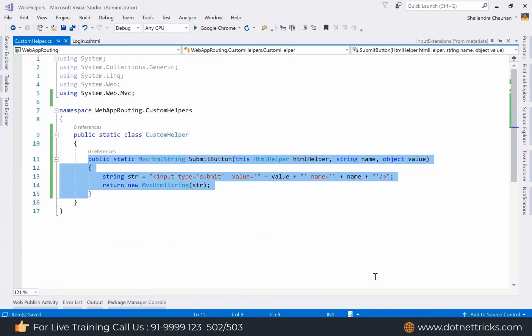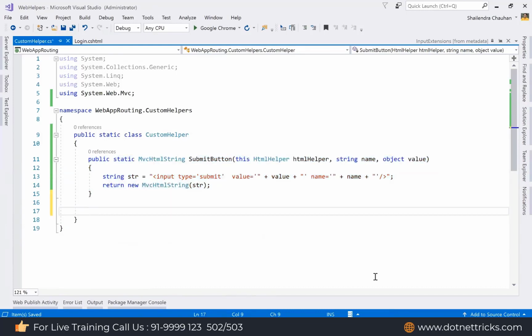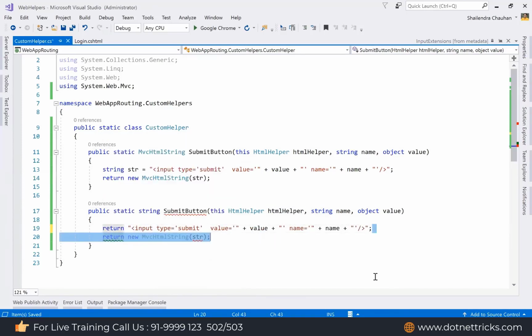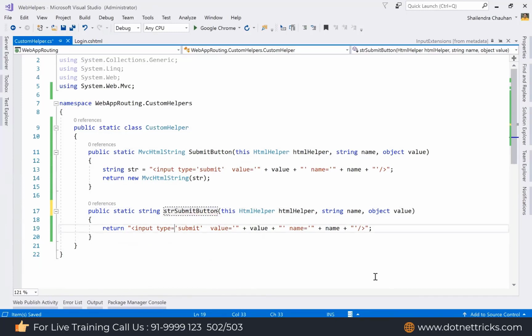And here you might be wondering why we are not making its return type a simple string. If you try to make it a simple string, what will happen? It will not render as a button. It will render as simple text, as our menu was rendered. So I just created two extension methods, one with MvcHtmlString as the return type, and one with string as